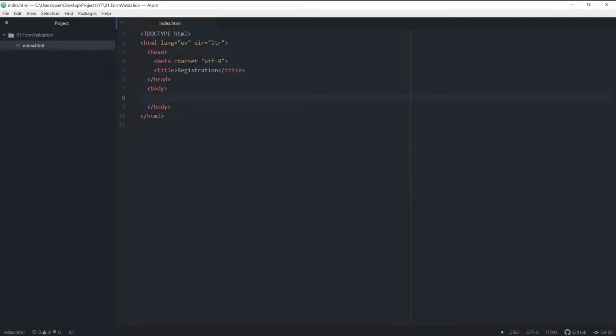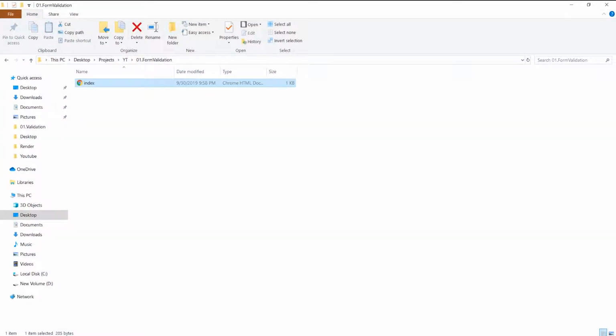And now inside the body we are going to add a div which is going to act as the container for all our HTML. Now inside this div, let us quickly add an h1 tag and see if everything is working properly or not. Now at this point we can just go into our folder and double click on this. So everything works and we're able to get this heading,